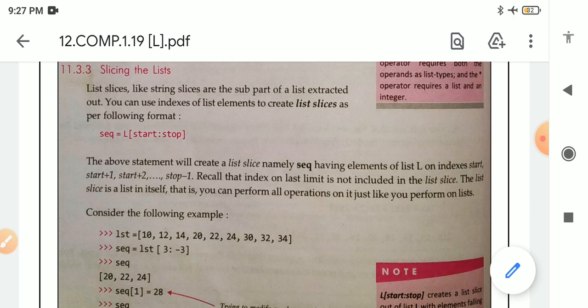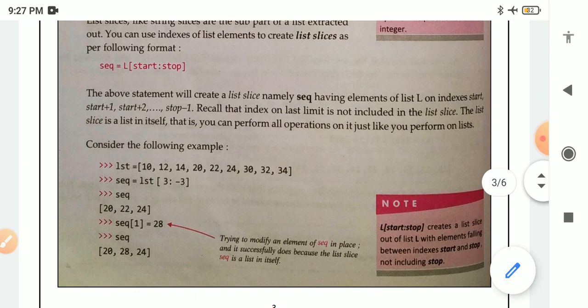Recall that the index at the last limit is not included in the list slice. The list slice is a list in itself. That is, you can perform all the operations on it just like you perform on a list.